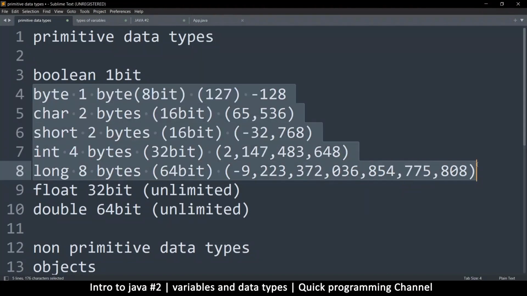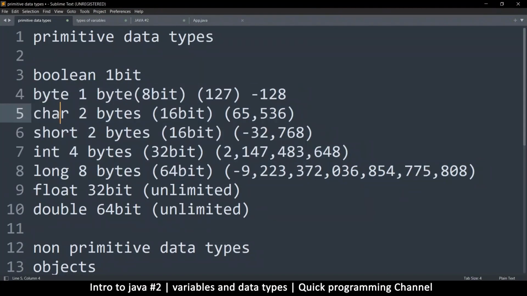These ones are pretty much numbers, except for char here. So I'm going to talk about char as the last thing. But think of these: a byte, just a number; short, int, long, they are all numbers. These ones here are also numbers, but these have decimal places. So if you want to store a number with a decimal point, it has to be either a float or a double. A double is more